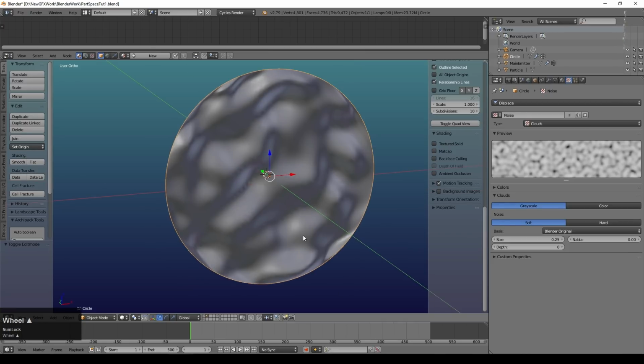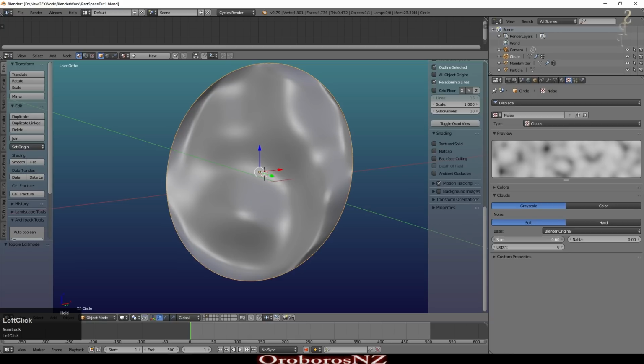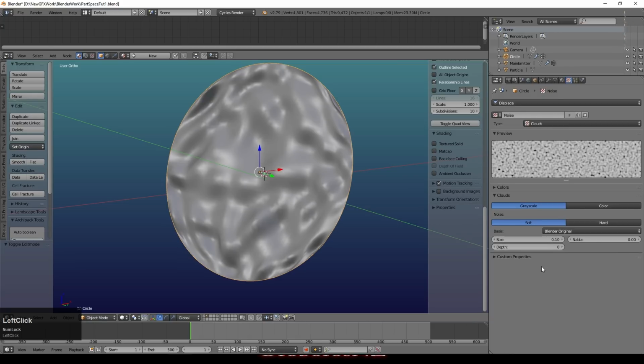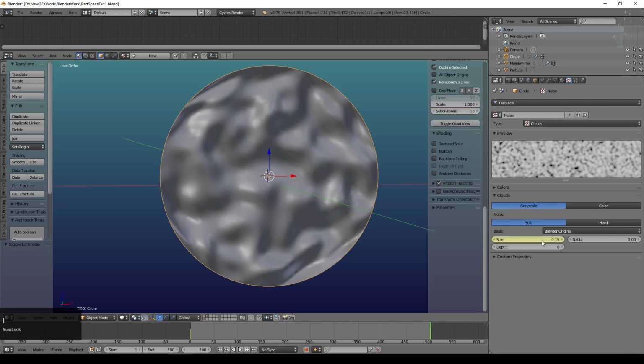Once you've got a noise size which is acceptable, so a number of ripples that are the sort of frequency that you want, 0.1 seems to be fairly good for this one. I had a somewhat smaller number. Press I, then go to the end of the animation and change this a tiny amount. If you go too much, it will just be animating too fast. So let's try 0.15 and then press I.